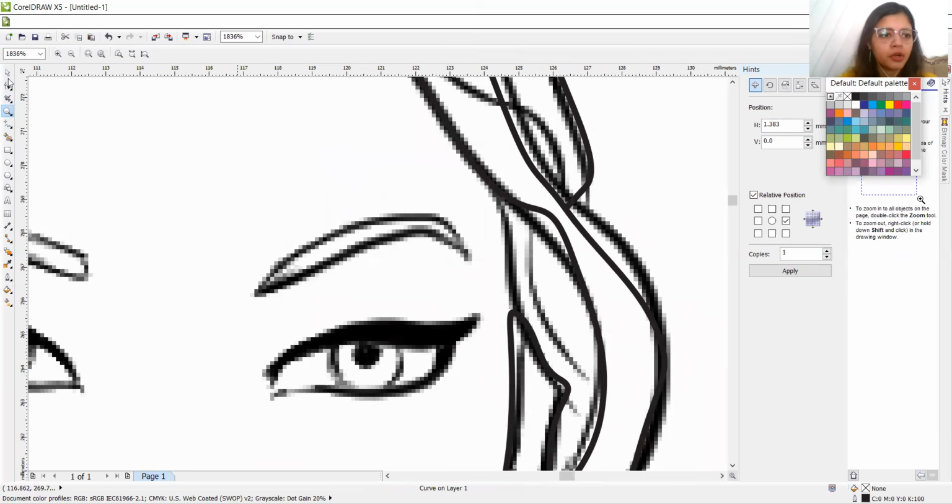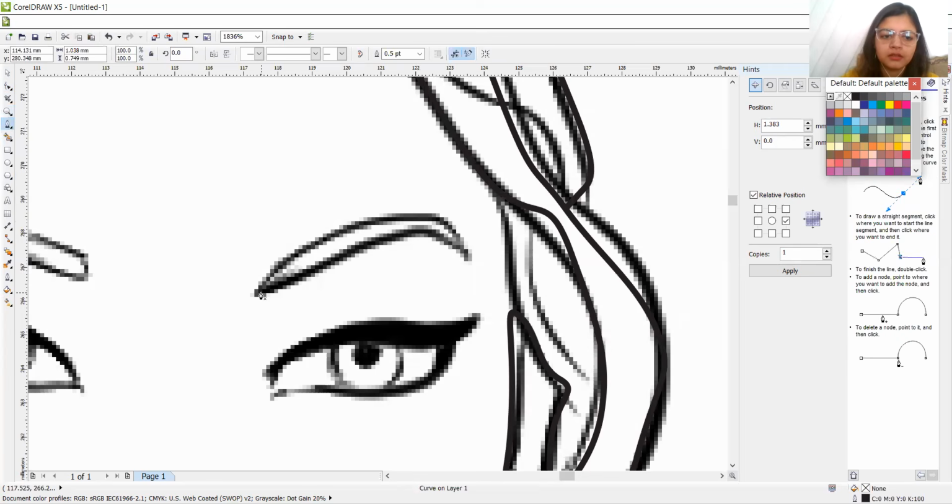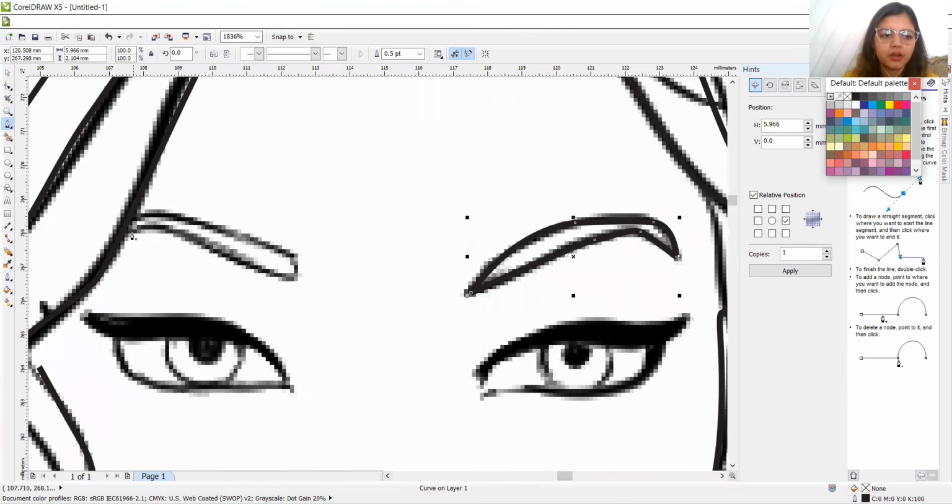So for the eyebrow, let's just do this. And ta-da, it's done. You can just trace it or you can replicate it and flip it if you don't want to draw it again and again. Done.